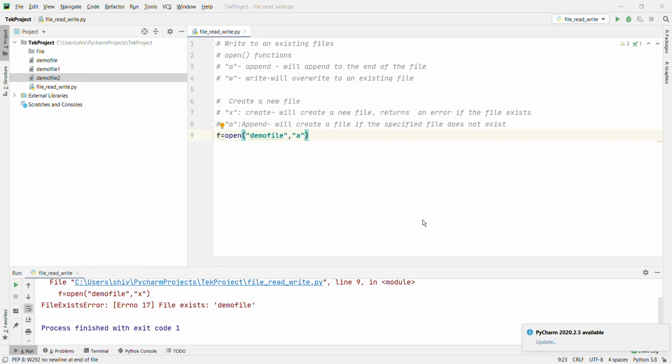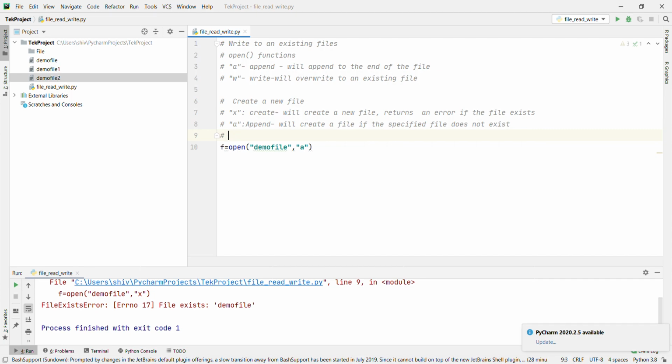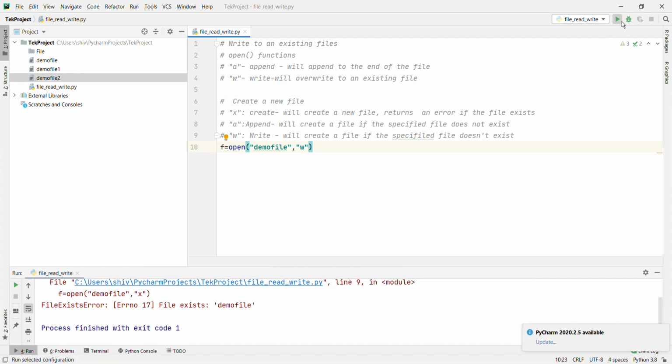Okay, now I'm going to show you W. What will W do? Write will create a file if the specified file doesn't exist. Same as before, if I'm going to use W instead of a, let's run and see what will happen.